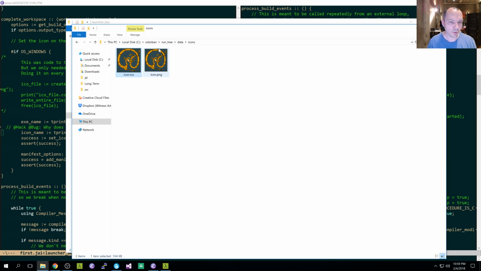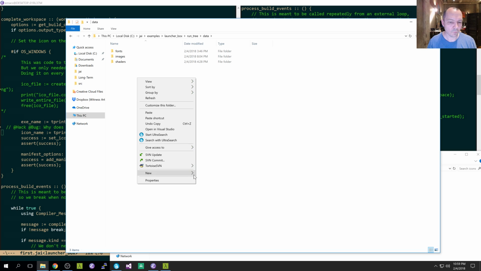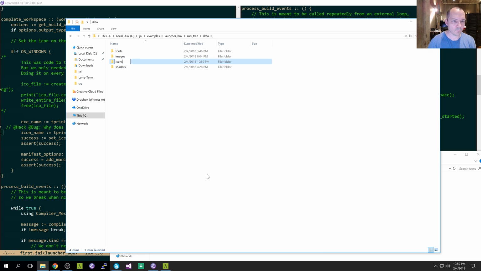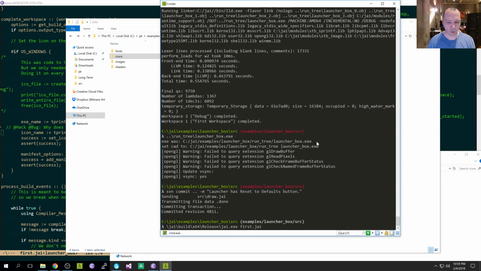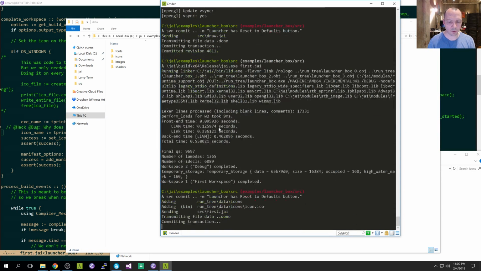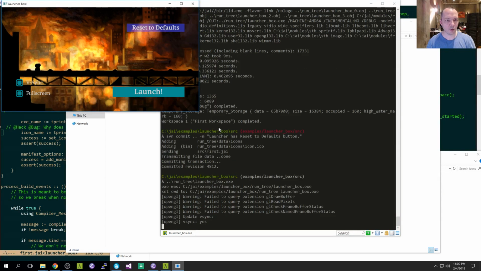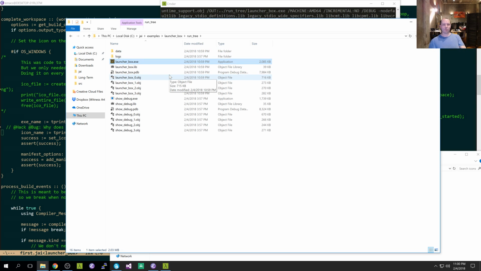Icons. Okay. See what happens there. Probably won't compile. No, it did. Hey, maybe that worked. Well, let's make sure it runs. Whoops, no. That's fine. Run tree. There, hey, look, it's got an icon. Now, though,